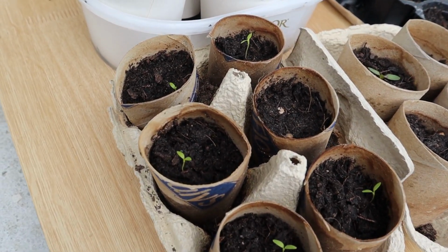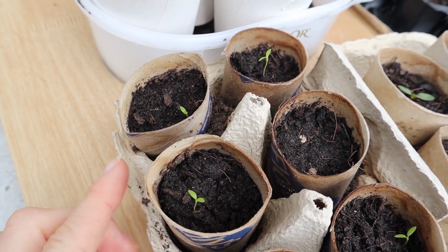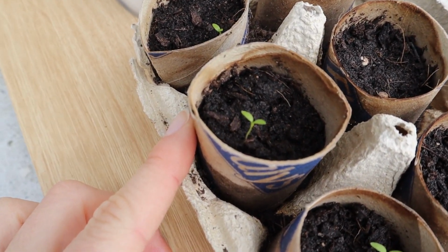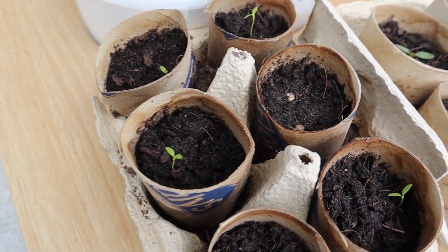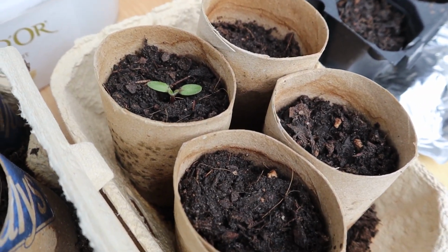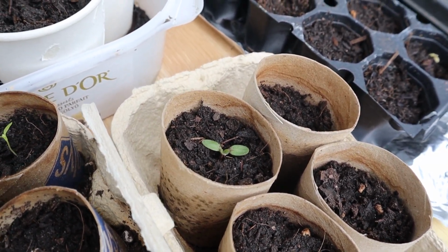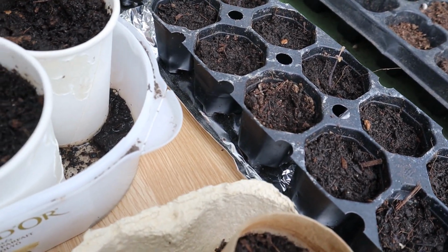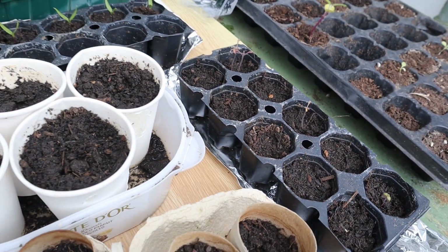And here in these I have celery, which is growing so slowly. I almost am afraid it's not going to grow at all, but we shall see. Here we have echinacea flower, only one sprouted, and it's as well growing really slowly. And here I have some flowers, and here I have wild thyme, which is not sprouting at all